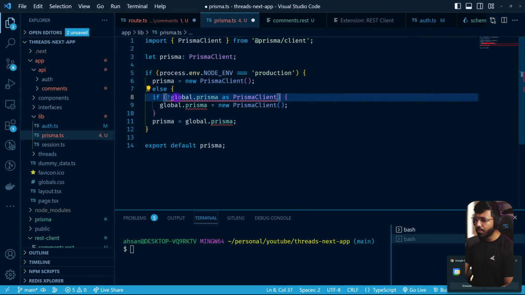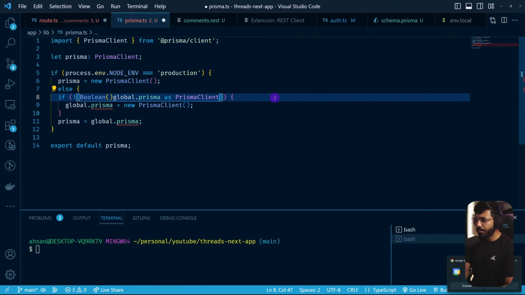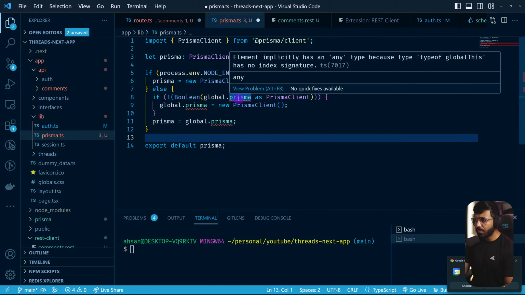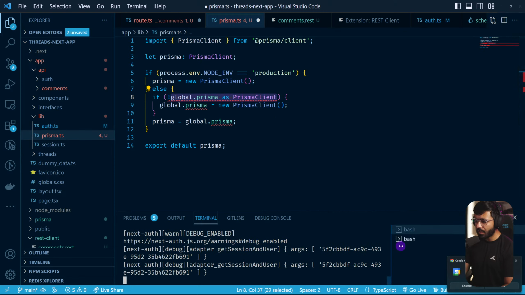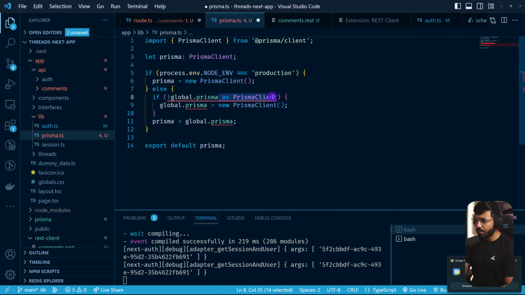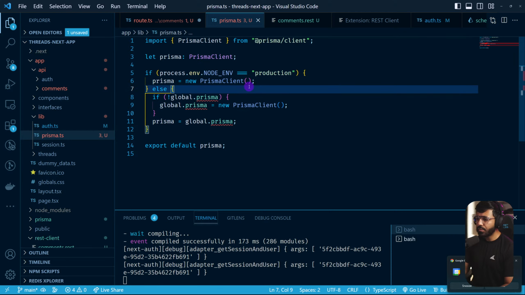I mean, what I wanted to do was, not Boolean. Global.prisma. Okay, then that can't be fixed, I would assume. Let's see if this starts throwing errors. I think it would not, but we'll see. If I change this to, no, that doesn't work. So this doesn't work. We can also say something like